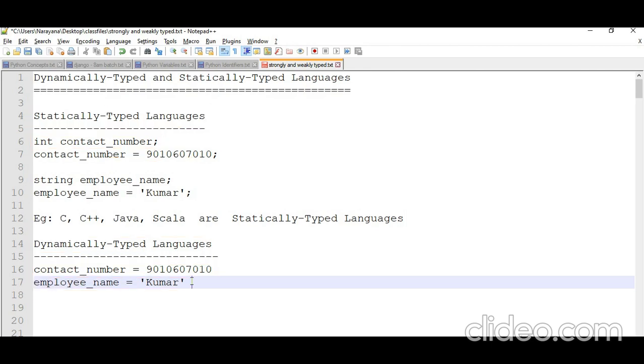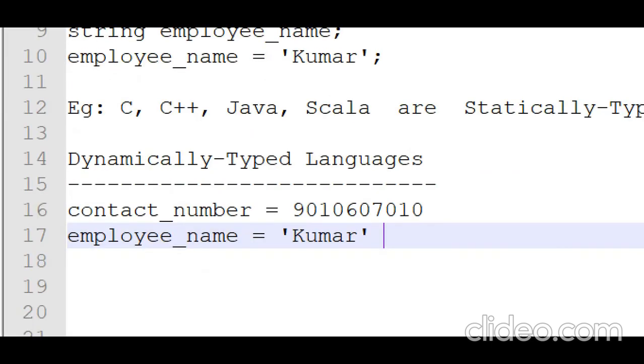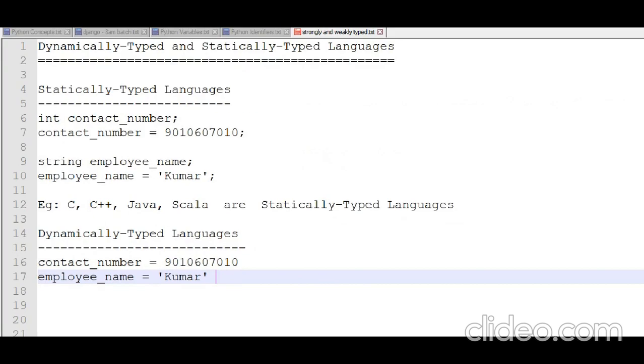In this case, the data type will be decided at runtime based on the value. Here an integer number is assigned, so at runtime the interpreter will decide this is an integer type. And when the string value is assigned to this variable, the interpreter will decide employee name is a string type.